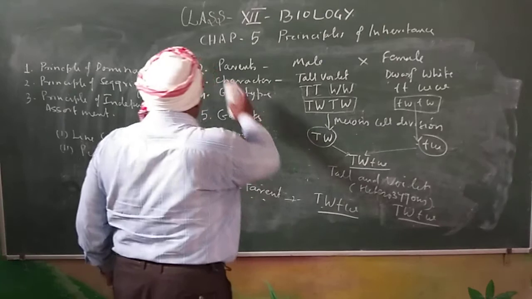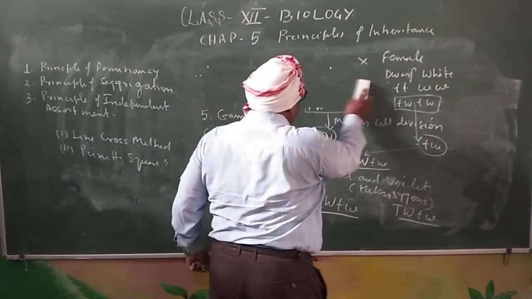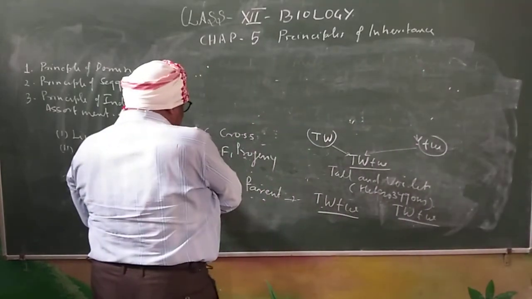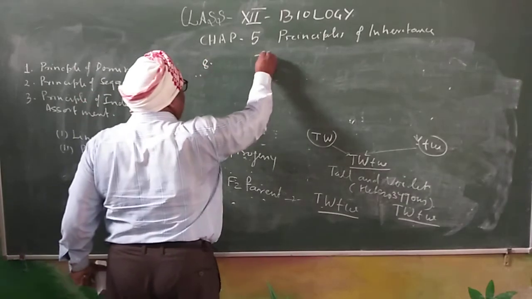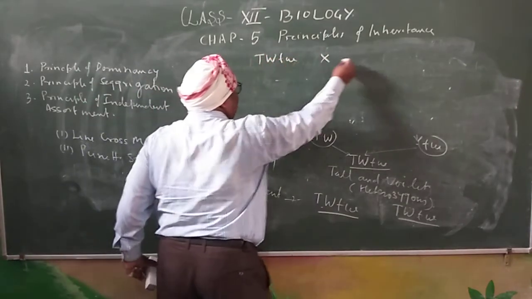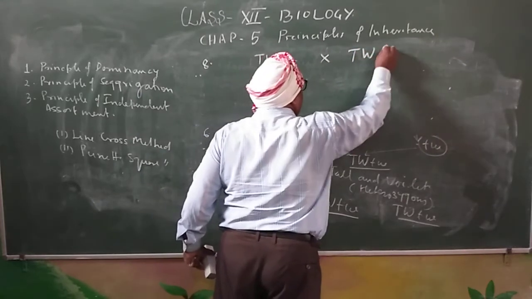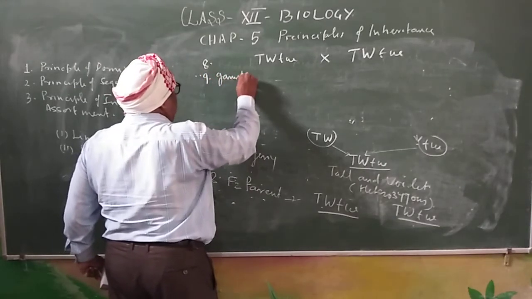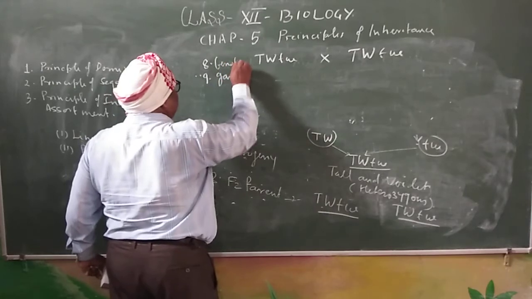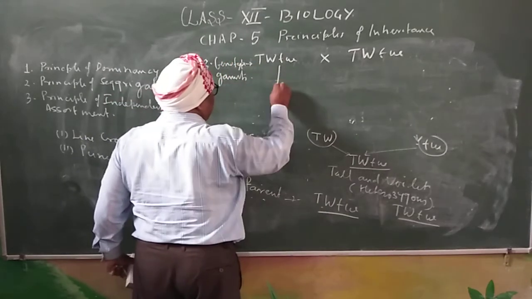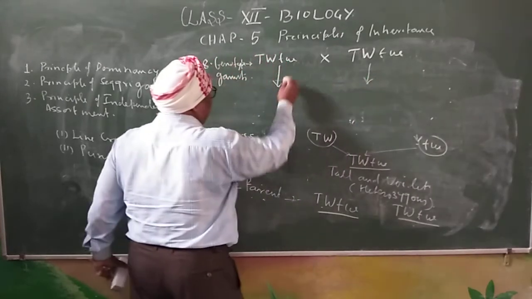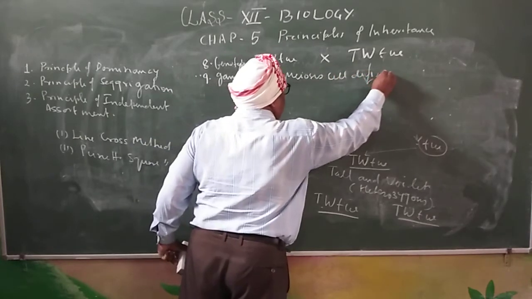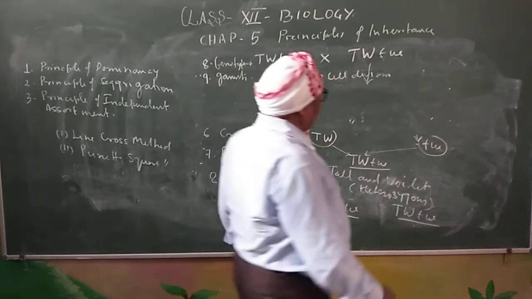Now these parents are further crossed, and you see how they form their gametes. I am repeating a point here. Capital T, small t, capital W, small w is crossed with capital T, small t, capital W, small w, and they are going to form their gametes. That is their genotype, and their gametes you already know. How are the gametes formed? Now the gametes can be learned.